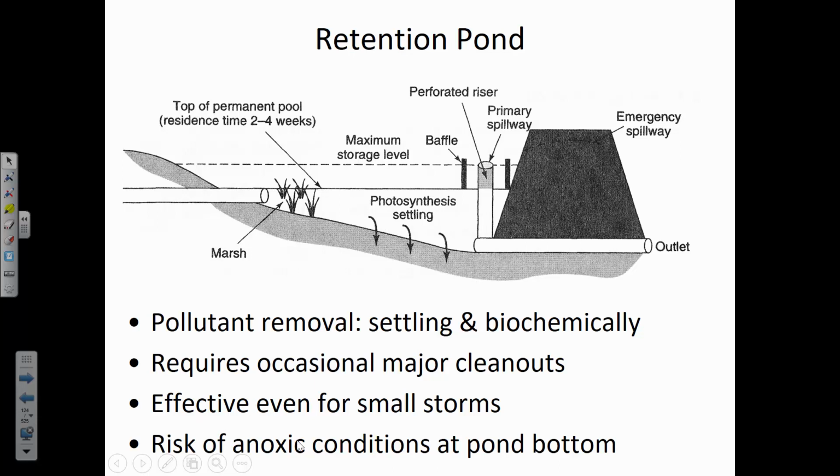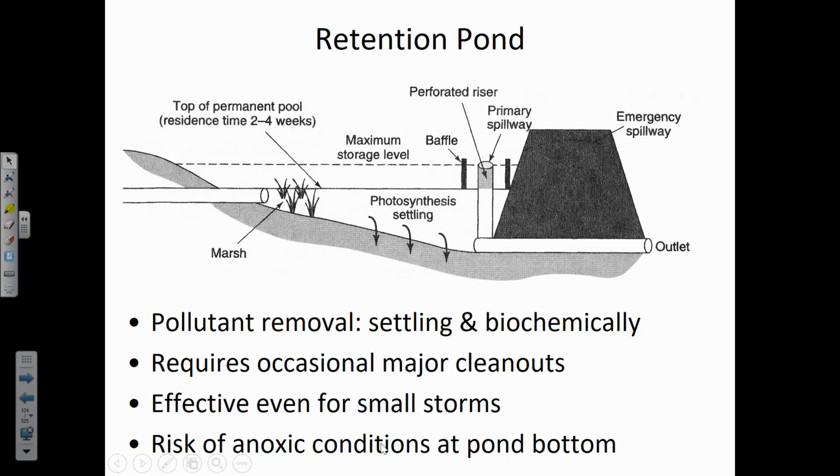The anoxic condition simply means that at the bottom of the pond is going to be a layer of organic material that demands oxygen to break down. It has an oxygen-demanding load, and you're probably learning about this in environmental engineering, or you will soon if you haven't already: the bugs that consume that organic material also consume oxygen, and so if you run out of all of the oxygen, then different bugs start breaking down the organic material, and the bugs that can do it in the absence of oxygen will give off nasty gases like methane and hydrogen sulfide, and so it can be a really awful smell